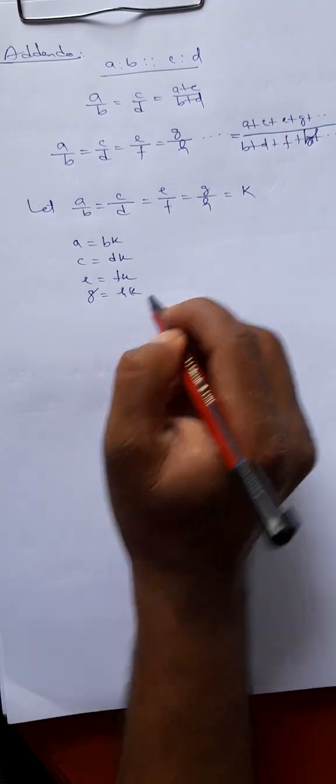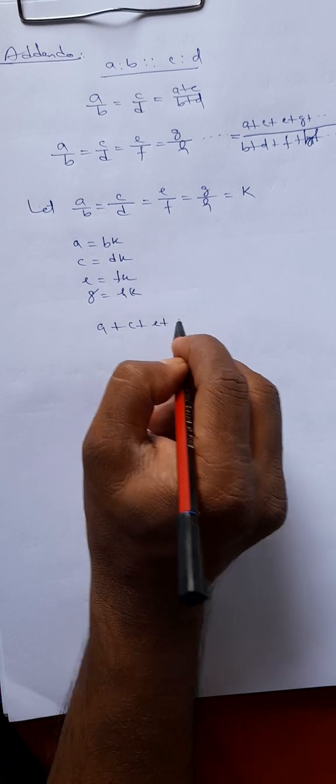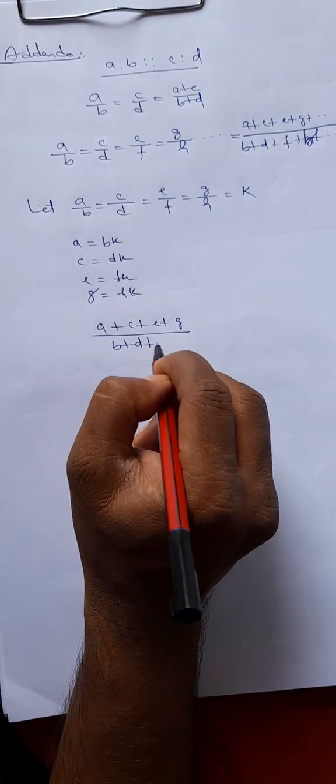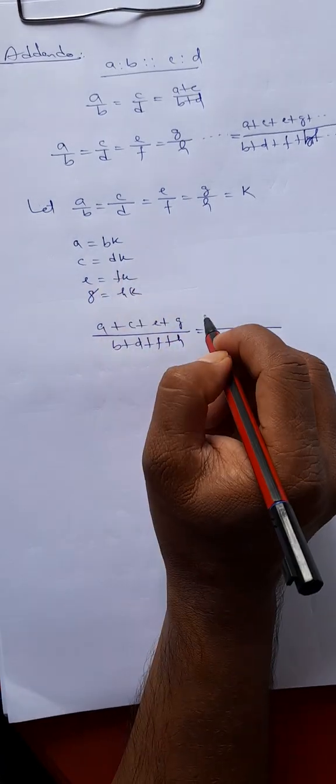Now A plus C plus E plus G divided by B plus D plus F plus H equal to, what is A? A equal to BK,